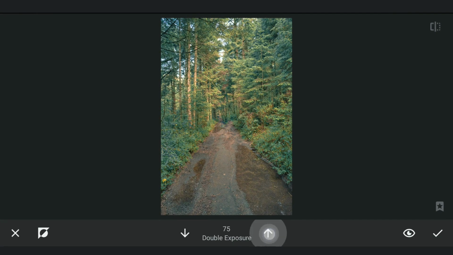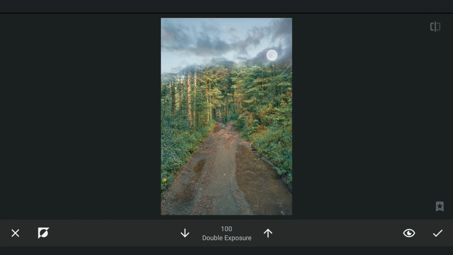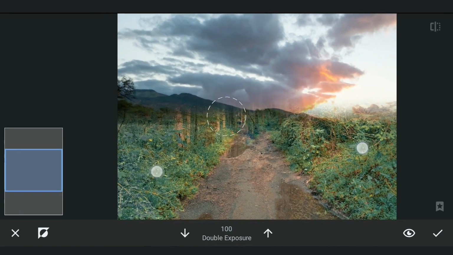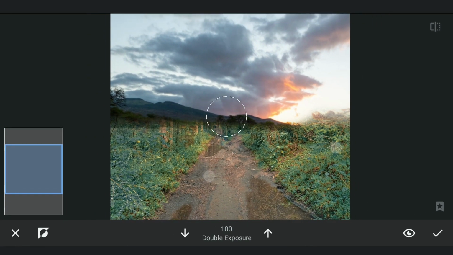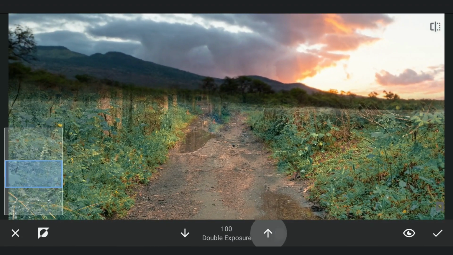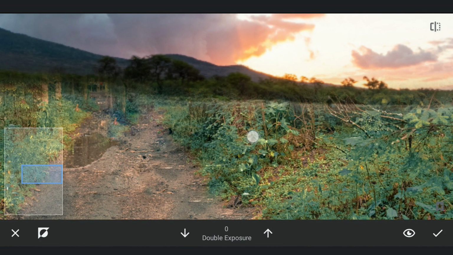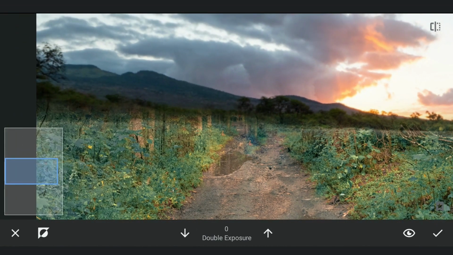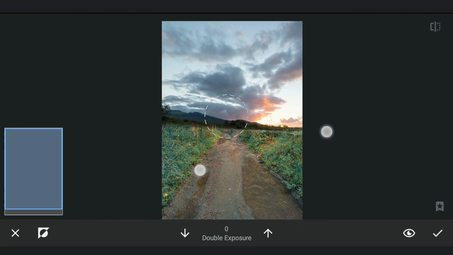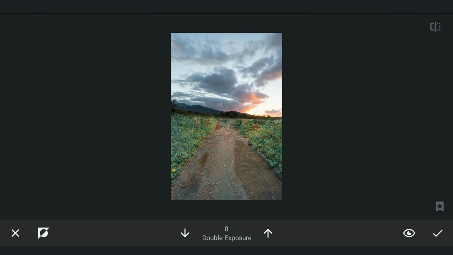Revealing the sky image by brushing on that part at the top. Also trying here to get a good transition between the background and the greens in the foreground. Not going to do a perfect masking work here as I will try to use different methods to smoothen it.